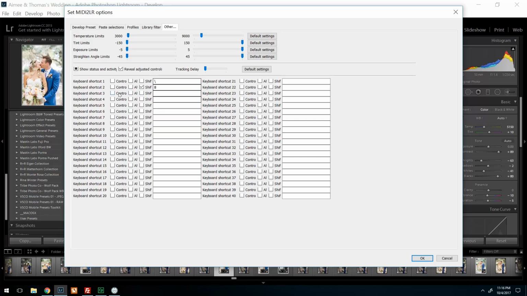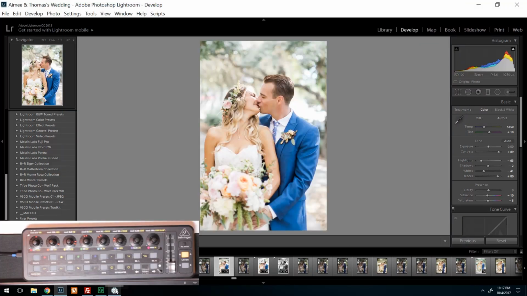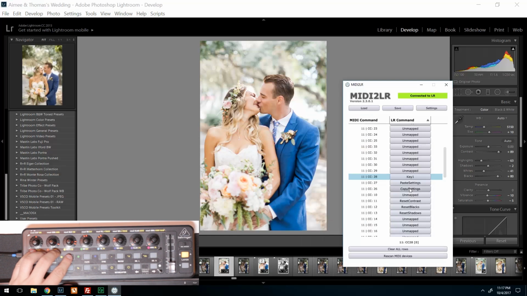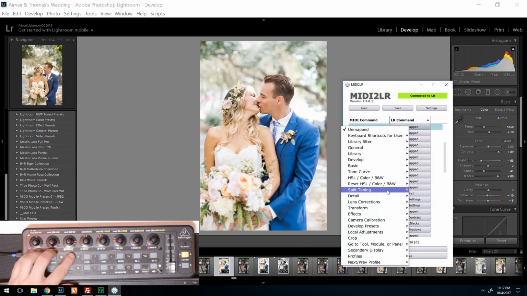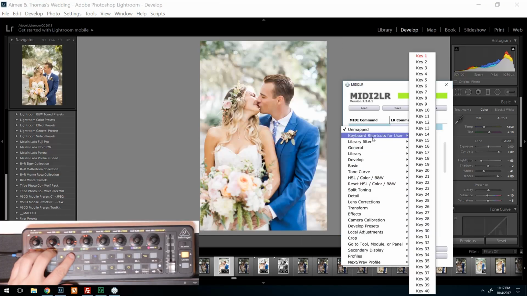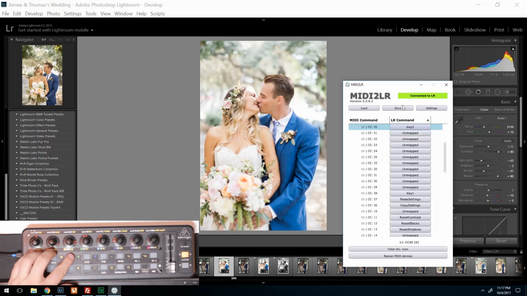So if you have a Mac, it's going to be Command, Alt, or Shift. So Shift B is going to be Add to Quick Collection. That's keyboard shortcut 2. Click OK. Let's map it to this key. Keyboard shortcut 2. Save,